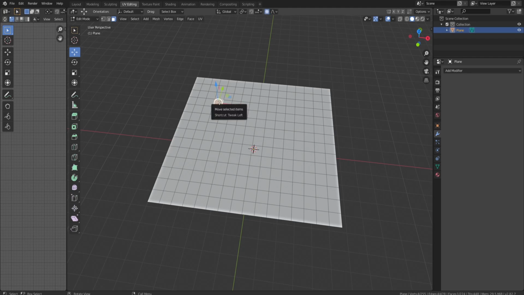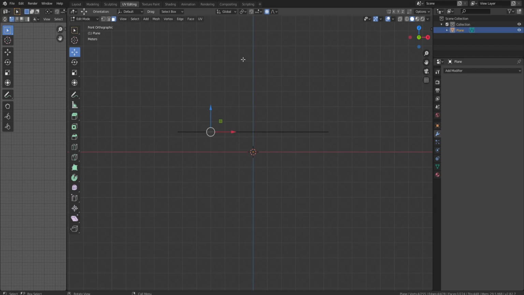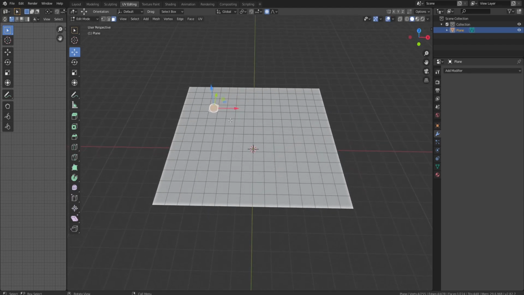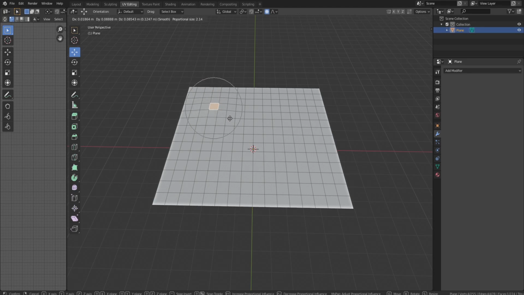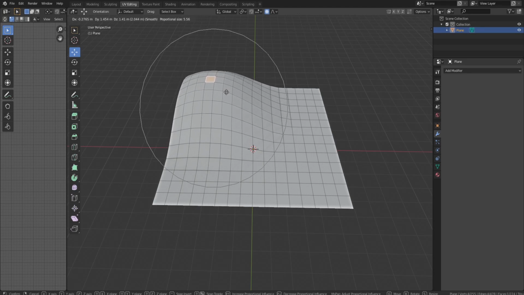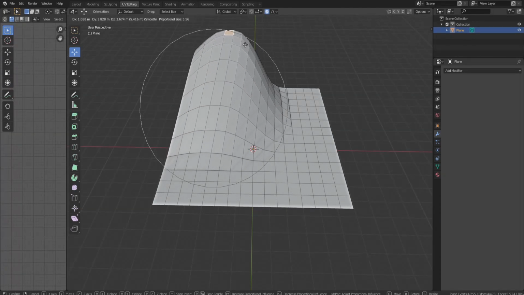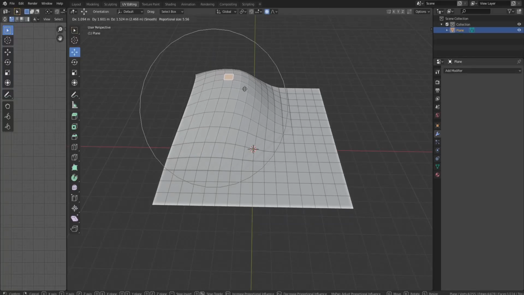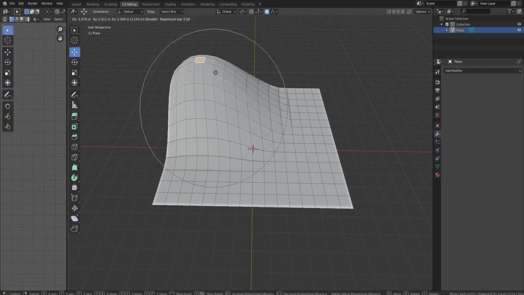And then you just want to click one of these. We could go into this front view if you want. Press G, and it's going to give you a little circle. So it's going to move what is within that circle. Let me go ahead and go up here. So G, and as you can see, we're moving what's in this circle. So if we want to move more of it, we just scroll our mouse out, and now we have a very smooth, nice smooth hill, which is good for snow mounds and stuff, or even hills within a